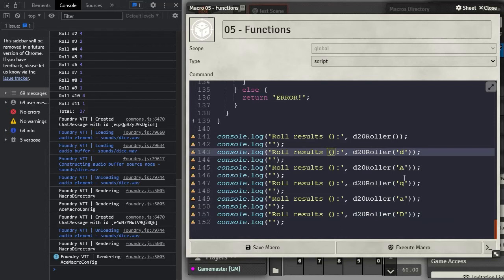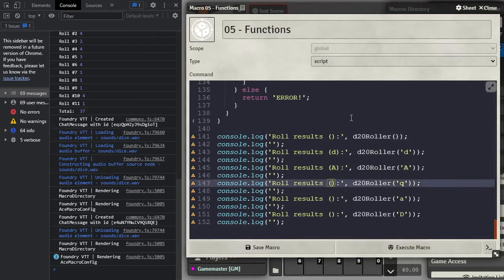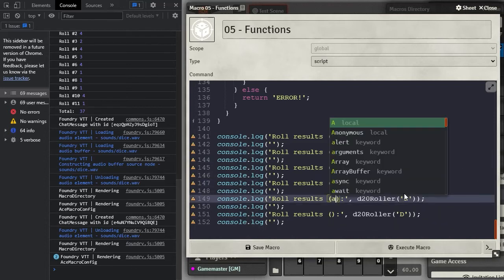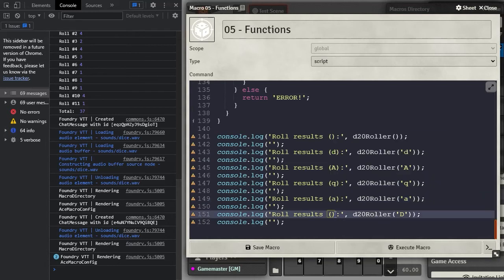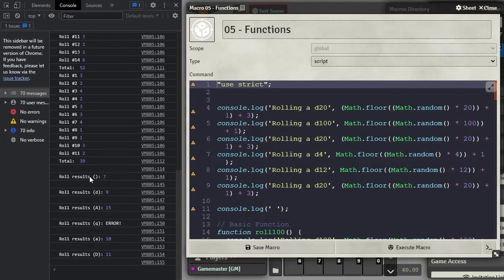So I'm going to put a lowercase d so we know that should be disadvantage. That will be advantage. We're not actually outputting the loser roll in the advantage disadvantage check, but that's okay. This was passing in a Q, this is passing in a lowercase a, and this is passing in an uppercase D. So let's go ahead and clear this, and now when we run this, we should see roll result,